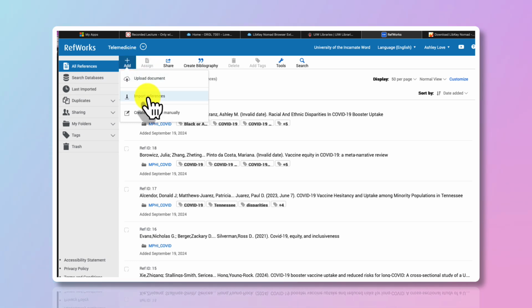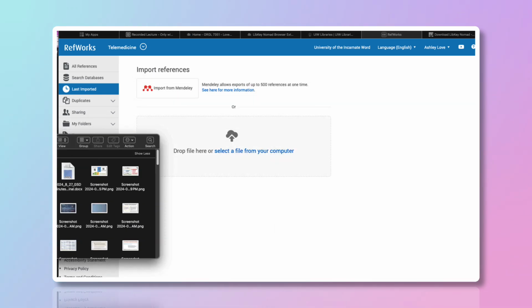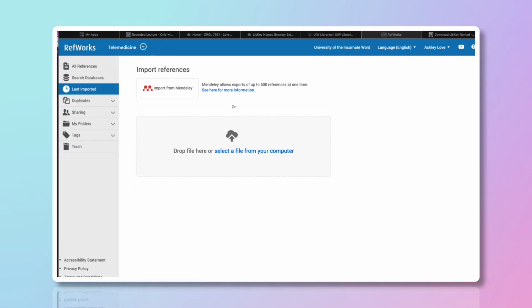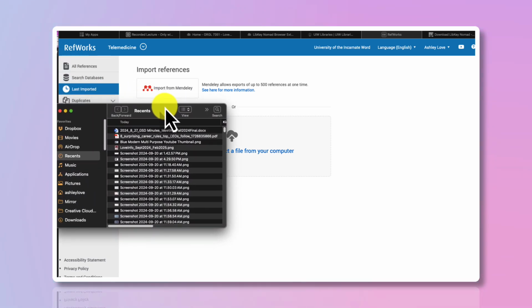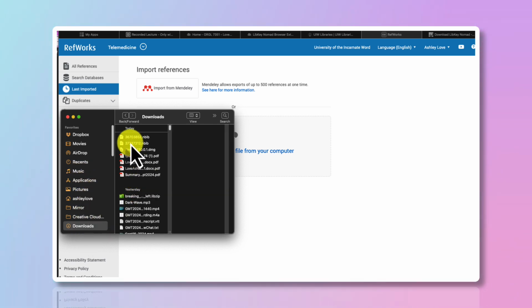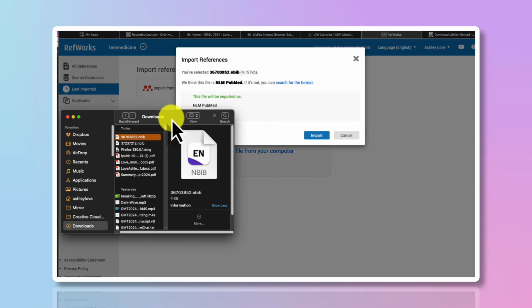And how do you do this? You do this by going to your file. Remember the file that you downloaded for your articles when you were searching for it online. So what you're going to be doing is going through, let me just see where it could be in terms of downloads. So it's these two files that I want to get, the NBIB, import,